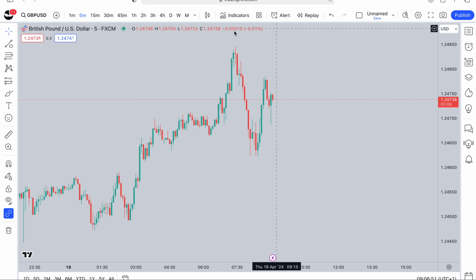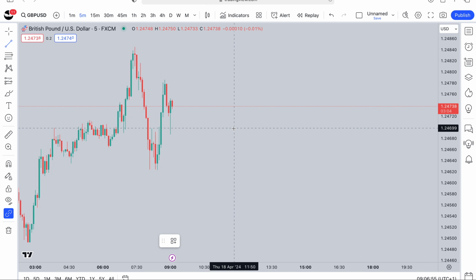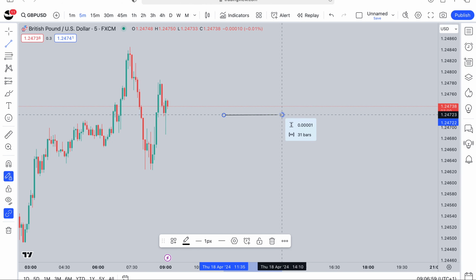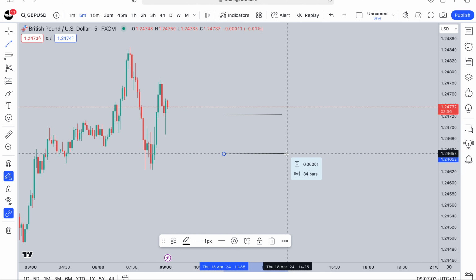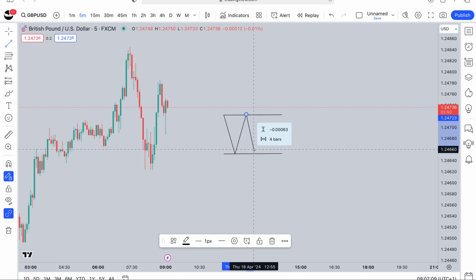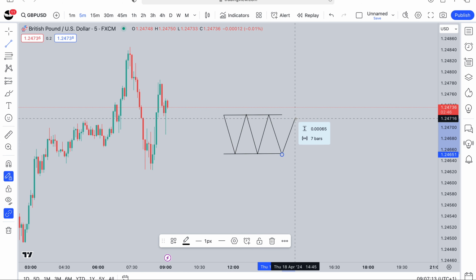So the first thing that you guys have to consider and have to know is what exactly defines a range. In order for you to trade ranges really effectively, you're going to basically have to identify it at the earliest opportunity. Now, when we see something like this, when the market is clearly ranging,